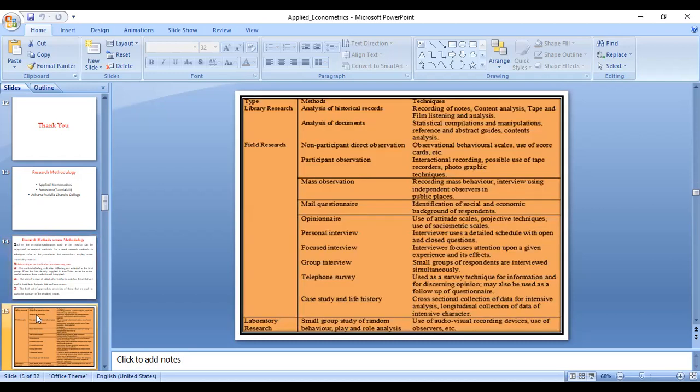Now, we have three types of research: library research, field research, and laboratory research. Library research basically includes analysis of historical records, analysis of documents, non-participant direct observations, and participant observations. Analysis of historical records